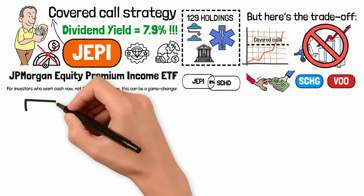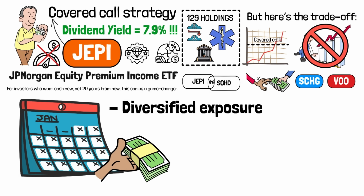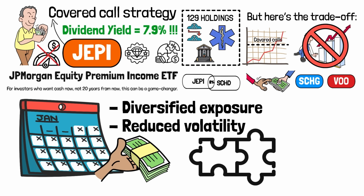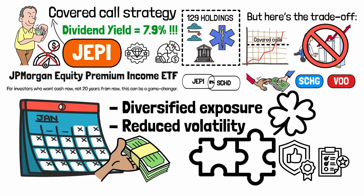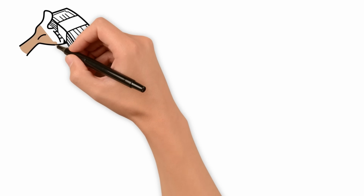If you're aiming for monthly income while still wanting diversified exposure and reduced volatility, JEPI is one of the strongest pairings for SCHD. Together, they create a hybrid portfolio that delivers both reliability and results, without depending on luck or perfect timing. SCHD gives you income, but what if you also want that income to grow every year, no matter